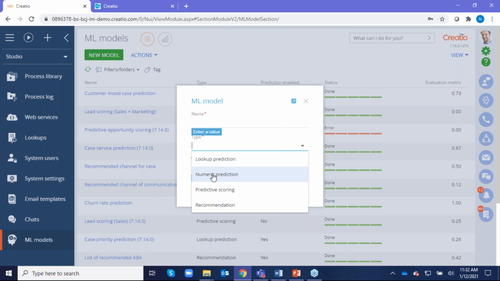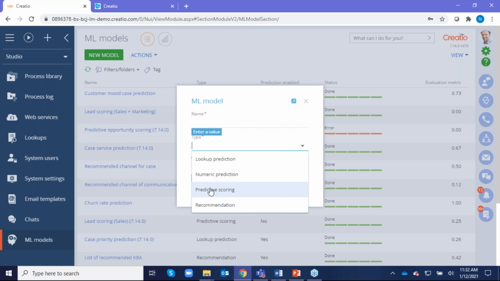The second one is numeric prediction. Numeric prediction is basically used in situations where you're predicting a given number. So for example, what is the likelihood of a banking customer churning out, meaning that they are no longer going to do business with us? Maybe they will go ahead and do business with somebody else. Maybe we are losing to another fintech company, right? So we can look at the last transactions and say that, well, they have not done any transactions with us in the last 6 months. They're in danger of going inactive. So therefore, let's go ahead and start doing some marketing activities. So you can supplement with that.